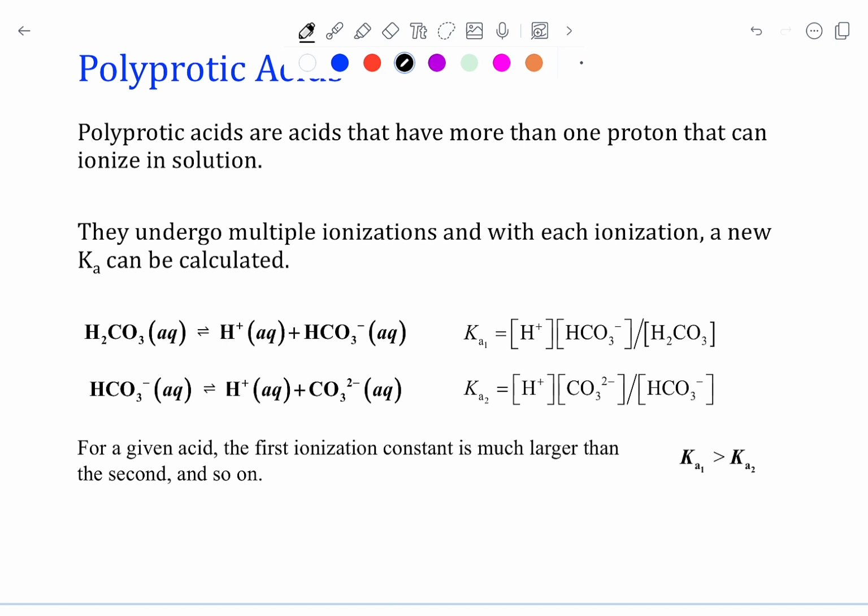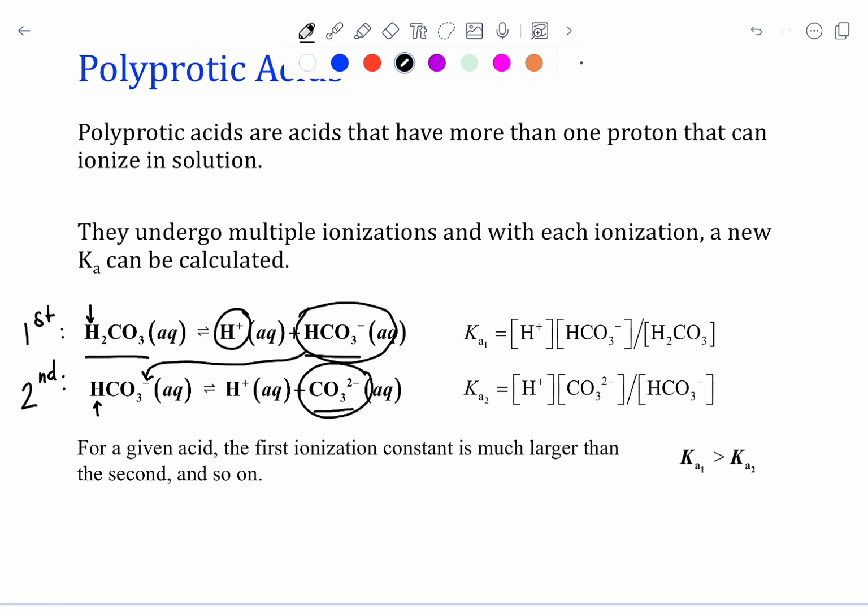So here I have carbonic acid. We start with H2CO3 and we take off 1 hydrogen. So just 1 of these hydrogens comes off and we're left with HCO3-. This is the first ionization. The second ionization then has the HCO3- as the reactant now, because this hydrogen is now going to come off and create H+ and CO3 2-. You know the reaction is done and all of the ionizations have happened